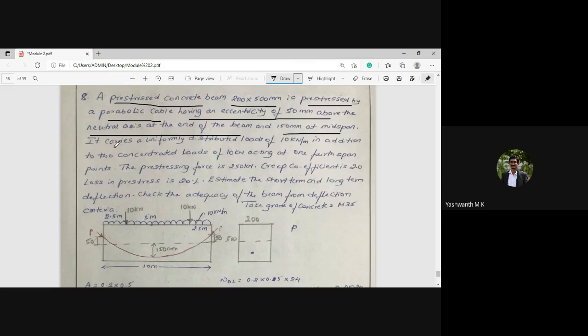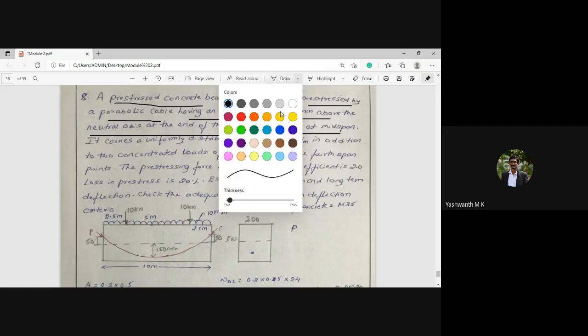It carries a uniformly distributed load of 10 kilonewton per meter in addition to two concentrated loads of 10 kilonewton acting at,